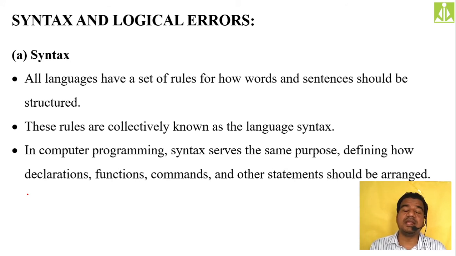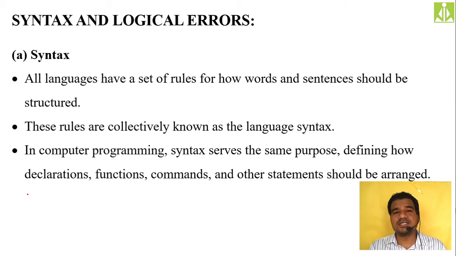In English, it is very common. You might have observed this many times. So what types of mistakes are we making in English? We are misspelling the words, and we are not writing grammatically perfect statements, isn't it?